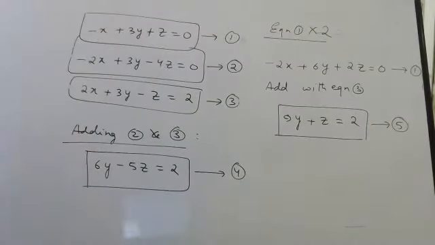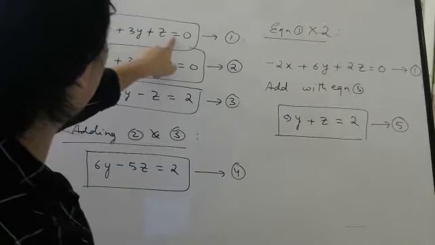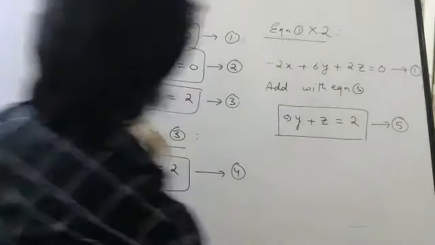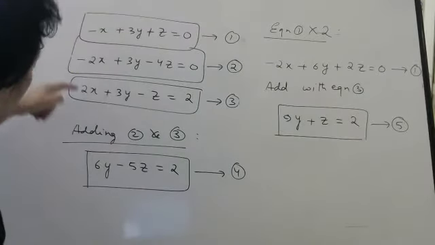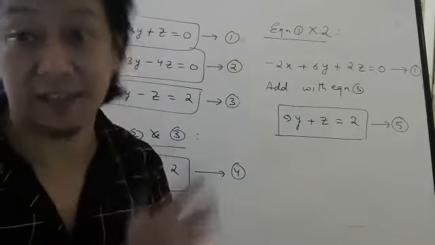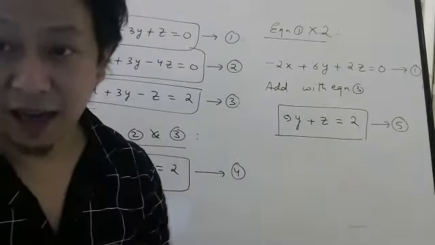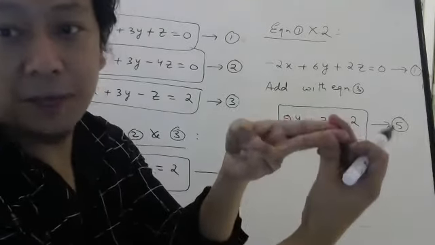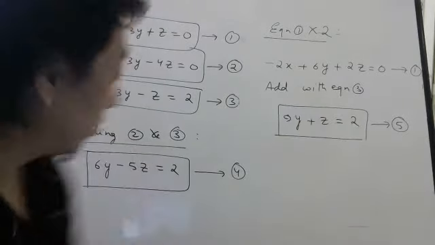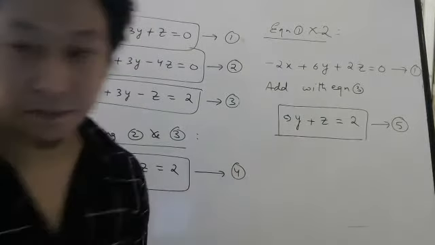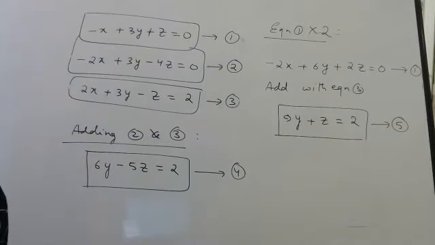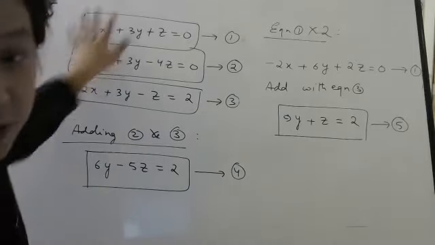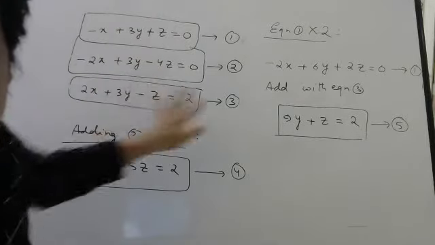Check once, everybody, correct or not correct. So what I did, I multiplied this with 2. And then you can either subtract or add, because I want to first cancel x. So you have to cancel x using these three equations. Using two of them, cancel x. So what will you get now? Two equations with two unknowns. Check once, students. Correct? These are the same equations which we did before.